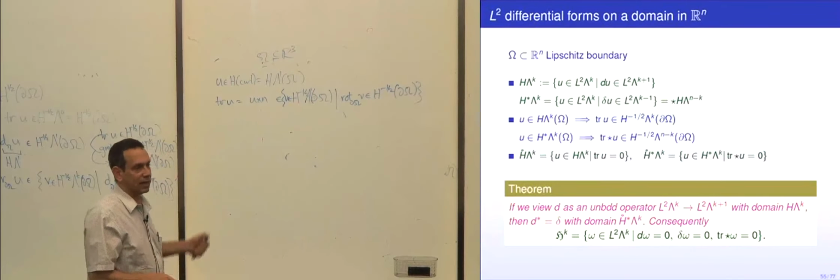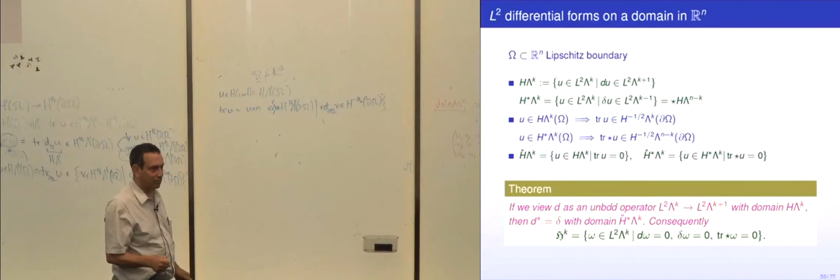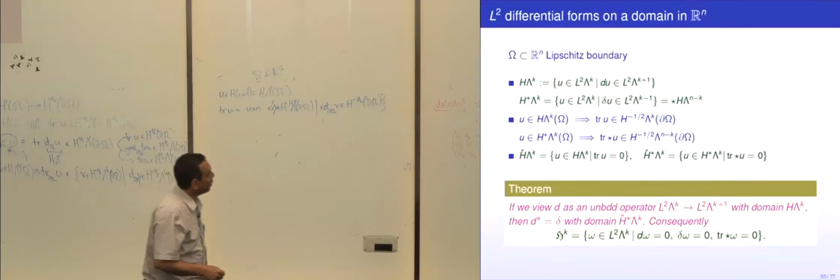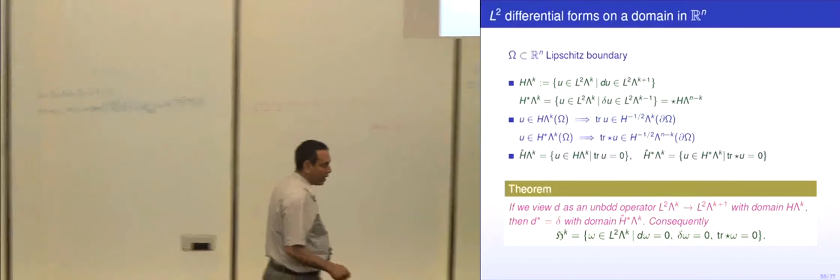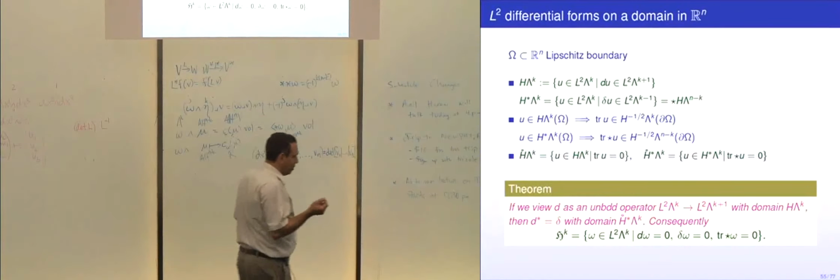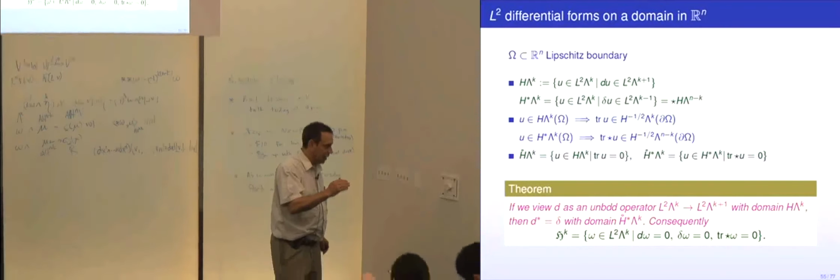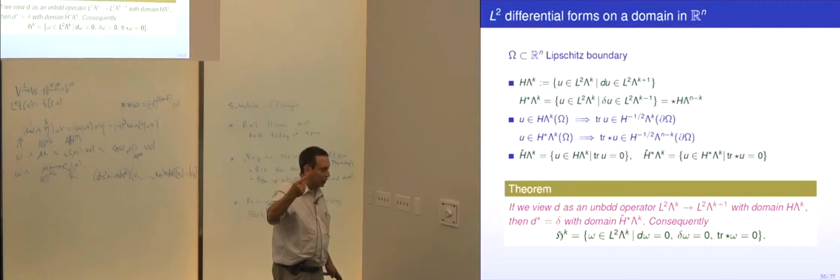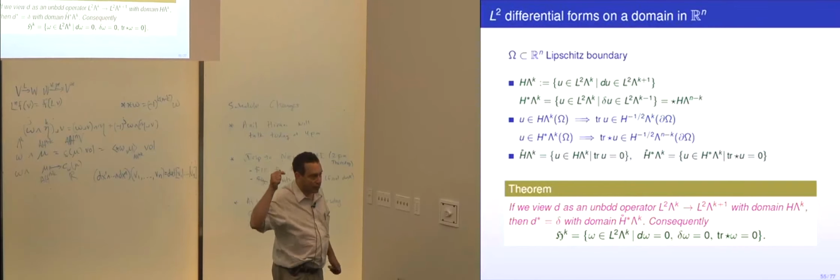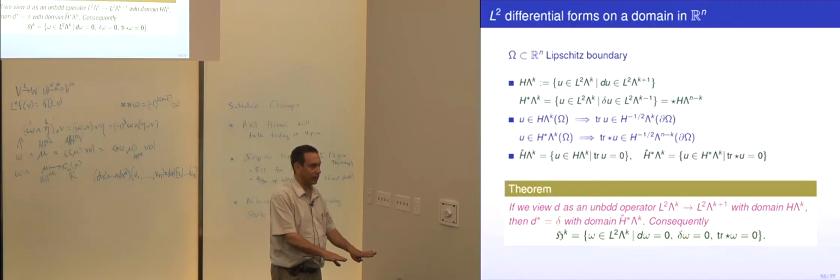And that space is not the same as h plus a half. And what do you get for div? In that case, let's see if we can do it in our head: the trace of something in h div will be in h minus a half. And then you'd put the d on the boundary, but that would go to 0 because there's one level down and we were already at the last level. So the trace of an h div function is h minus a half and no better.